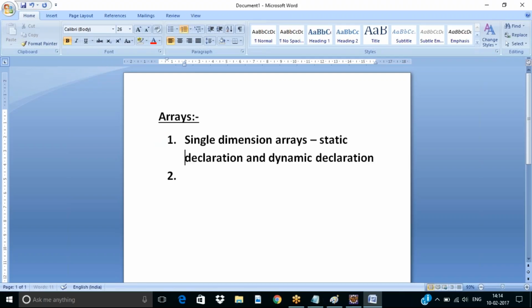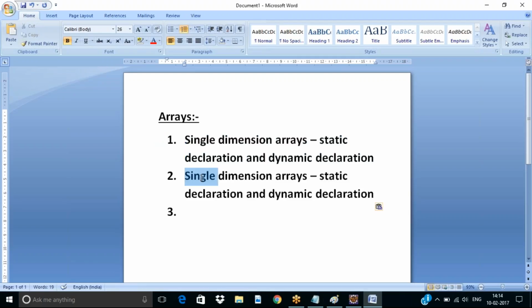Second, the same thing we'll discuss with the double dimension: static double dimension array and dynamic double dimension array. Third one, we'll see how to pass an array